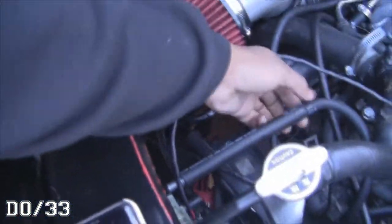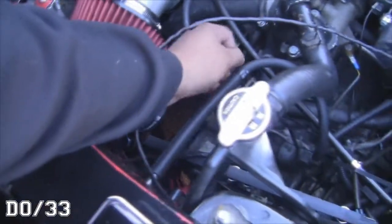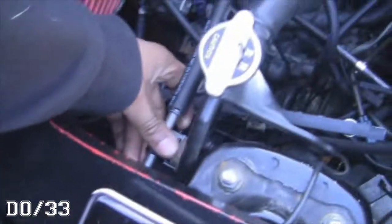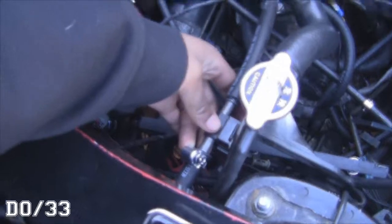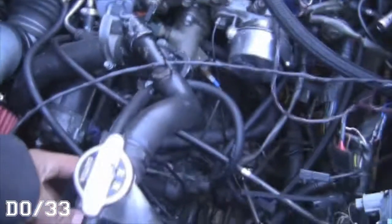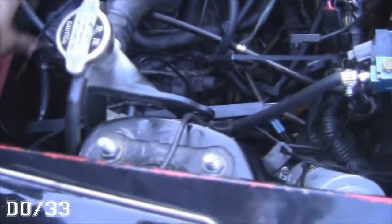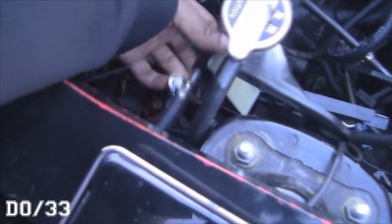Alright, so I have here what I hope is the remaining bits that I need to at least pressurize the system, make sure that our fuel pump is working, and get everything sorted out, because this is taking way too long. I do need to get gas in this car, which is going to be interesting, because I don't think I have a gas can. So we'll cross that bridge when we get to it. But anyway, I just want to get this buttoned up right now,